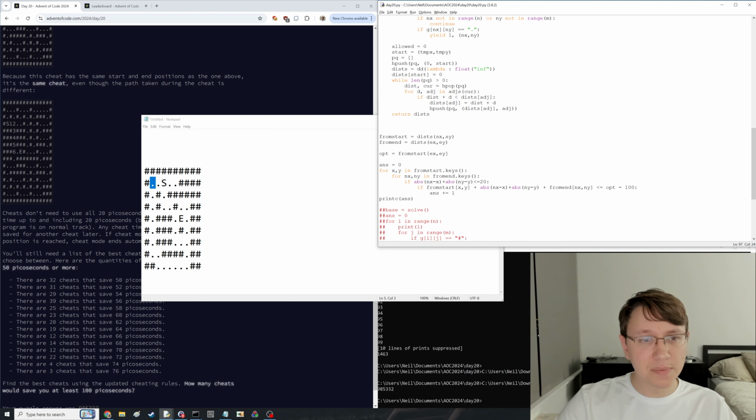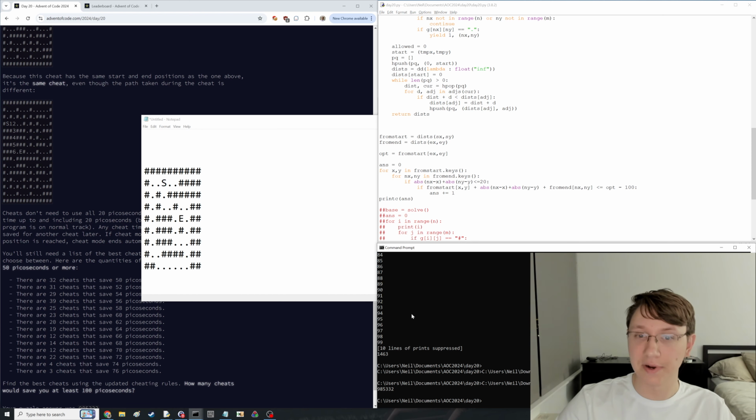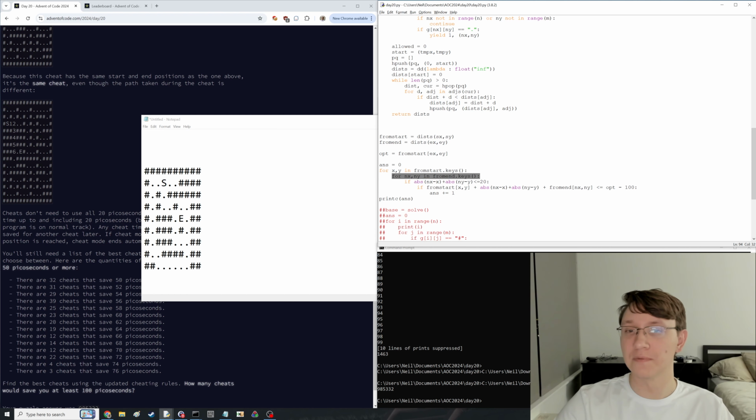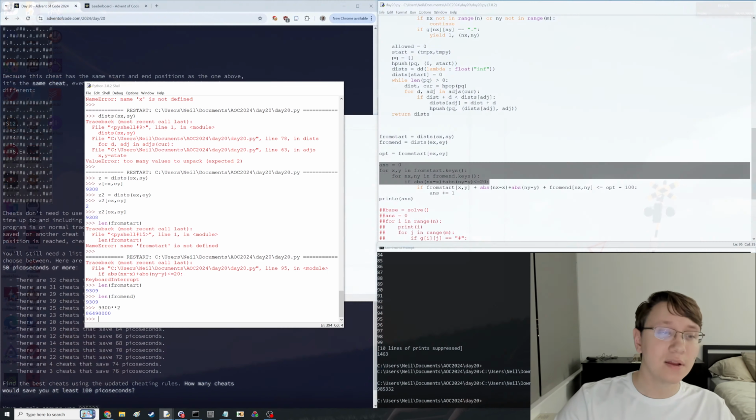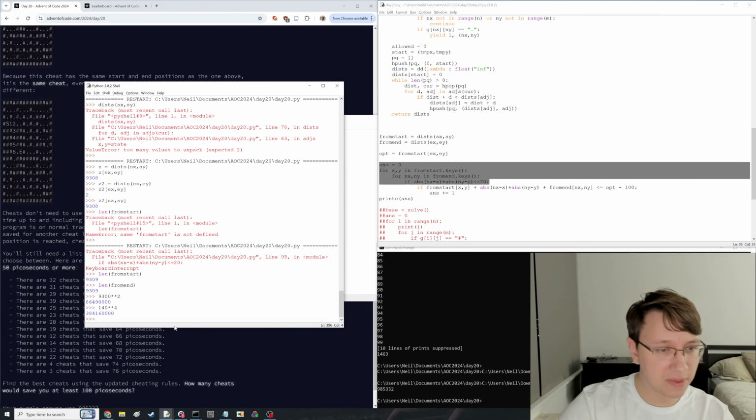I was a little surprised that this ran so fast, but I guess with PyPy, it does run pretty fast. Mostly I was worried because this is on the order of 140 squared, the number of starting positions, because this grid is 140 by 140. And this is also on the order of 140 squared. This should be the same length exactly. So altogether, this is 140 to the fourth, which is starting to get a little sketchy. Of course, 140 to the fourth is actually quite a bit larger than the actual number, because less than half of the grid cells, I think, actually have